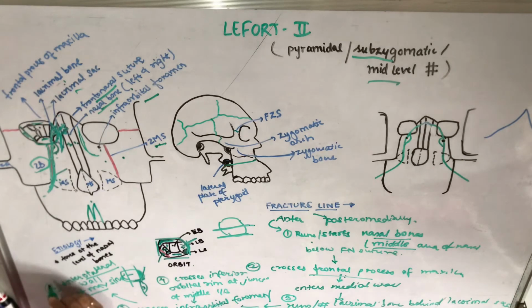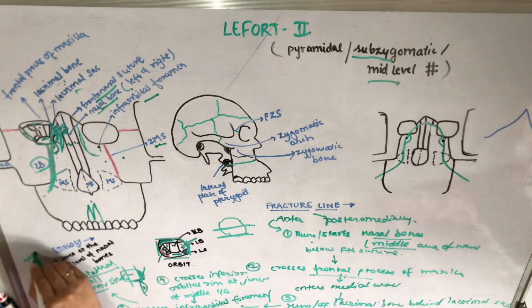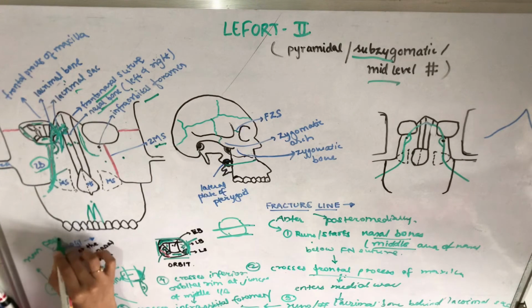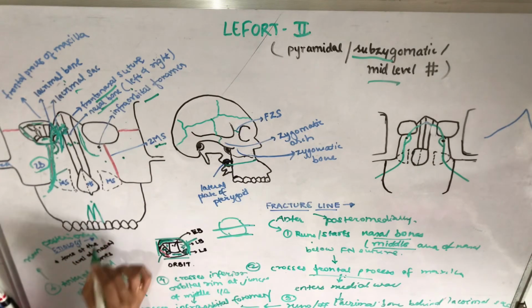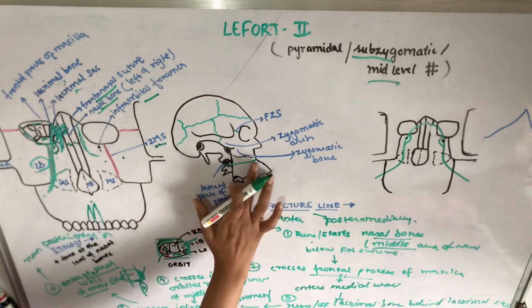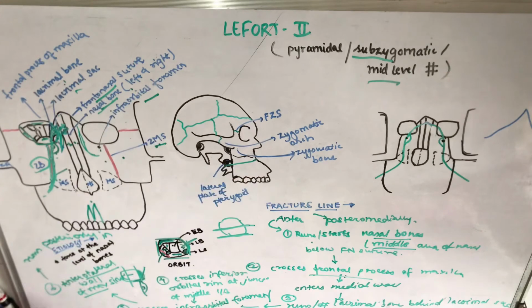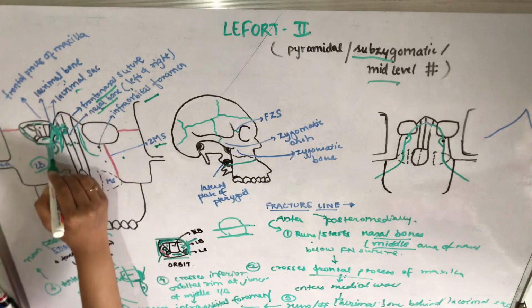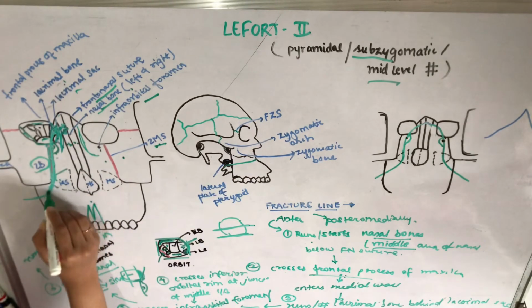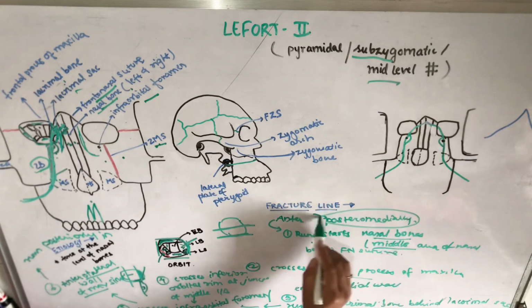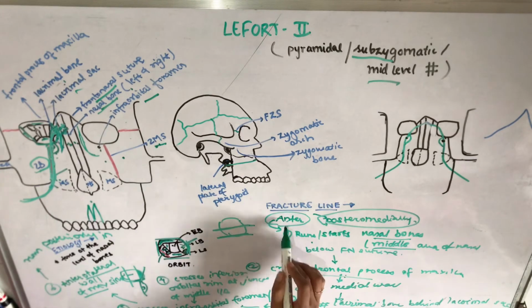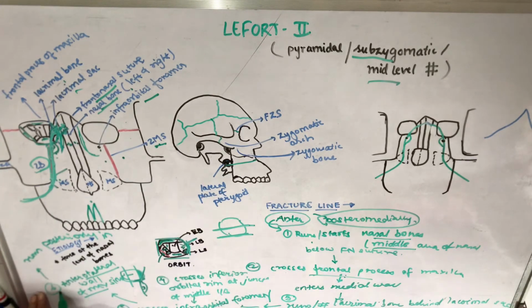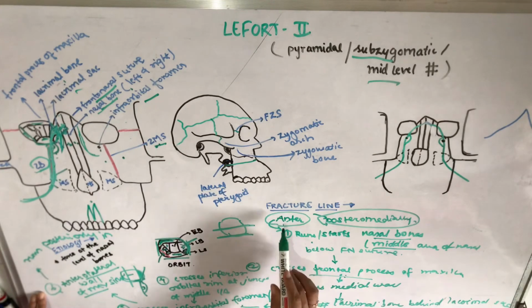The last point is, now it runs posteriorly in the horizontal direction. Now I'll show you this thing in this lateral view of your skull. So now you have seen, this is the way it has crossed. Now it is going posteriorly, and that becomes your posterior-medial. So anteriorly you have covered all these points. So these are the 6 points that you have to write in the anterior line.